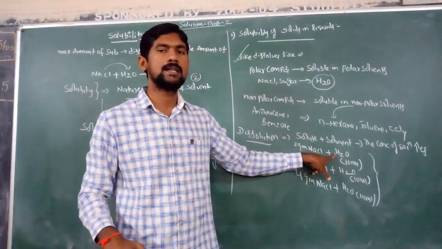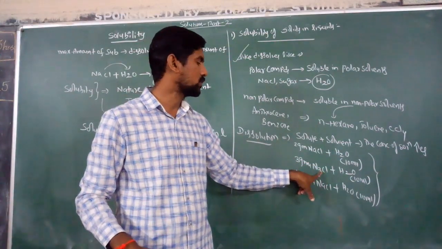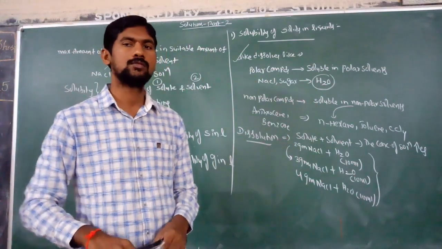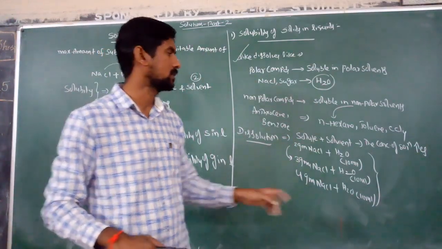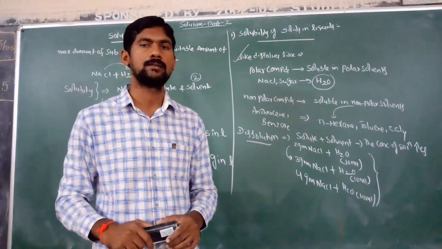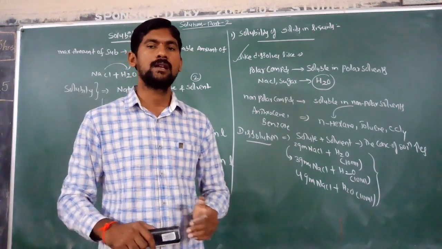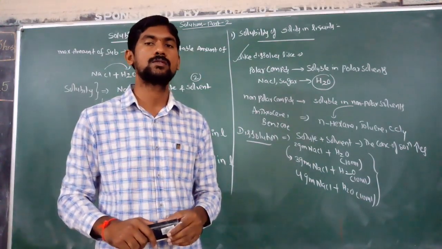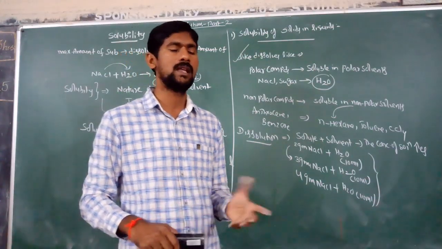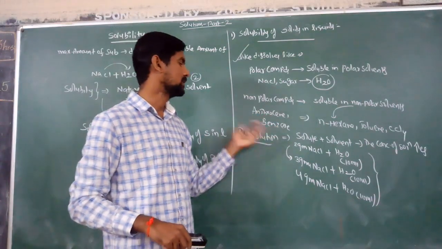2 grams of sodium chloride is added to 10 ml of water. The sodium chloride is soluble in water. 3 grams of sodium chloride is added to water. Here we increase the amount of solute. If you increase the amount of solute, what happens? The concentration of the solution gradually increases. This process is known as dissolution. What is the name of the process? Dissolution. By adding solute to solvent, the concentration of the solution increases. Simply dissolving solute in solvent is nothing but the dissolution process.